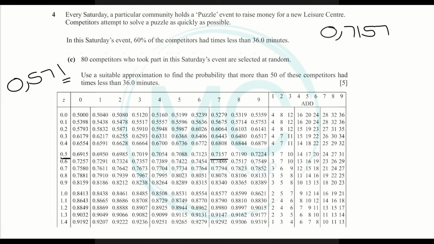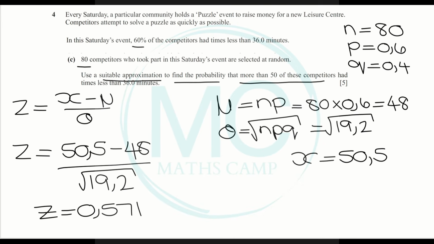We need to account for this 1, which means we need to add 3 to our decimal. Let's add 3, and we get 0,716. Now let's take this value, and over here, I'm going to say the probability of Z is equal to